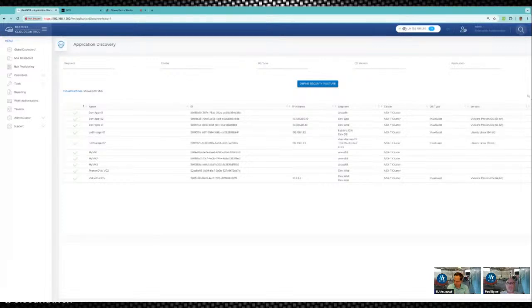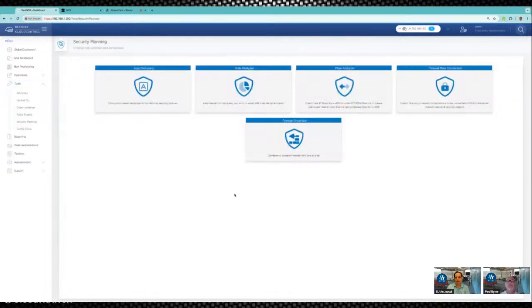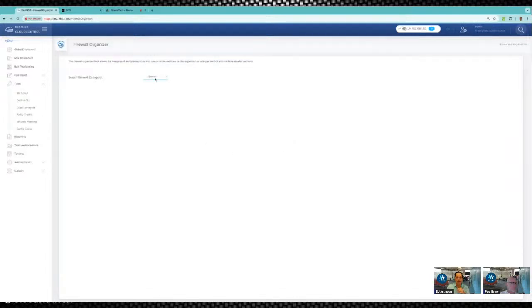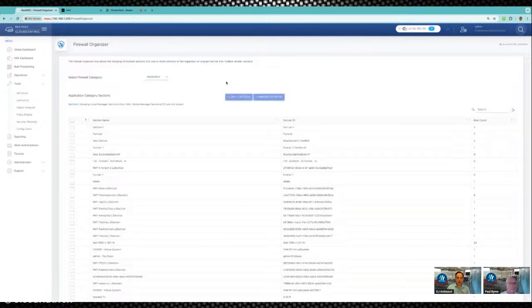The last one is, you may have seen it back on this page, that we have a few more tools at our disposal. One is called Firewall Organizer. So what we've noticed is that a lot of customers have automation tools that will create multiple DFW sections with few rules in them. So maybe 1, 2, 3 rules. Or we'll see customers with very large DFW sections, 1,000 rules, which is the max, and it makes it very cumbersome to manage. So what this allows us to do is to either split a large section into smaller sections,